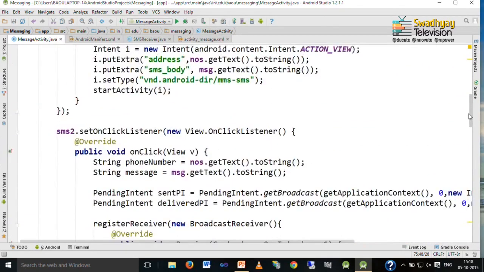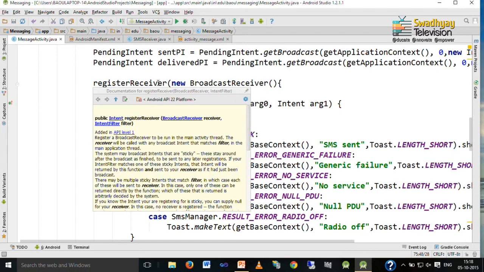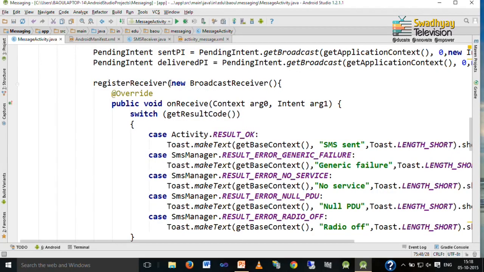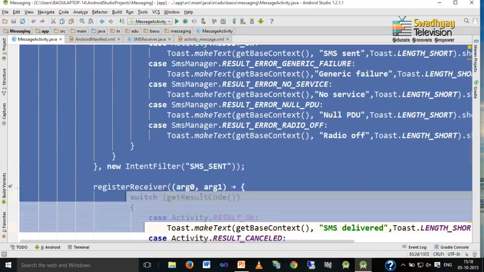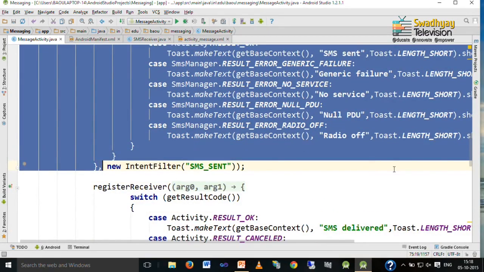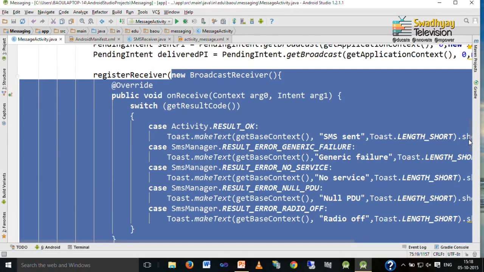So, here we are registering our pending intent. You have to implement the broadcast receiver. This much code is for specifying the broadcast receiver. Here we create an instance of broadcast receiver and we implement its onReceive method.